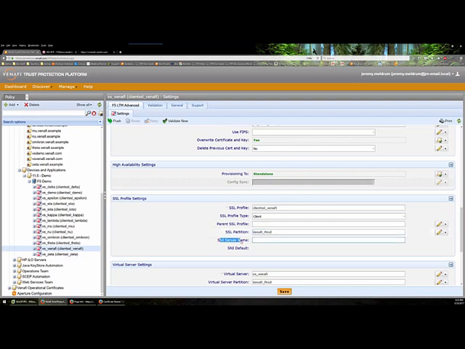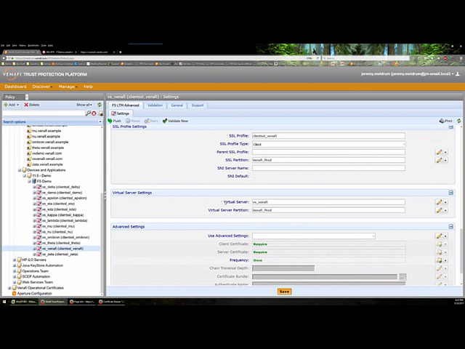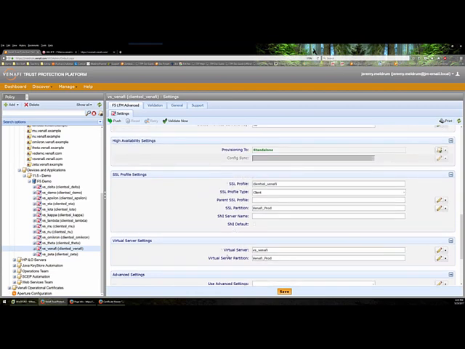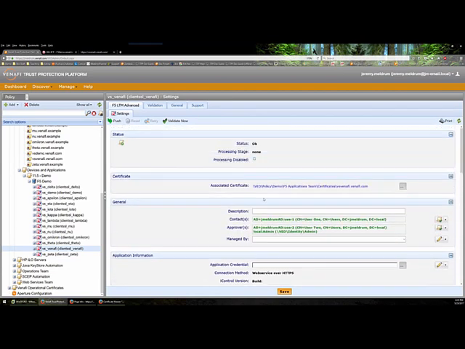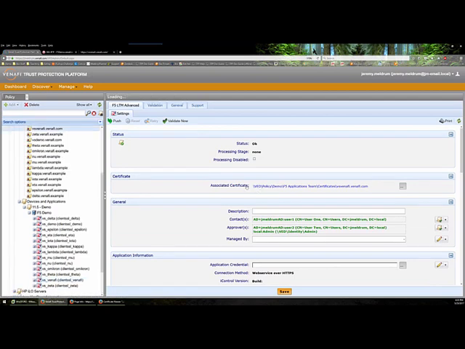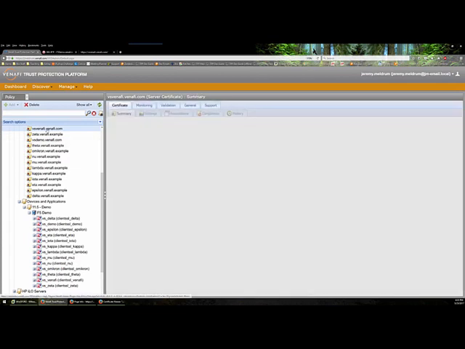The SNI server name would be filled out if I had SNI set up and ready to go. And then virtual server settings all get filled out. There's some advanced settings here. Most people don't use them, but all these others automatically get filled out. So I didn't have to actually touch anything here. We're going to click on this certificate, which should take me directly to the other certificate, which is right here,